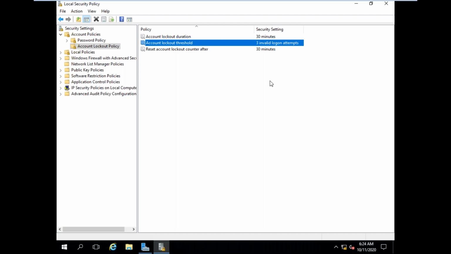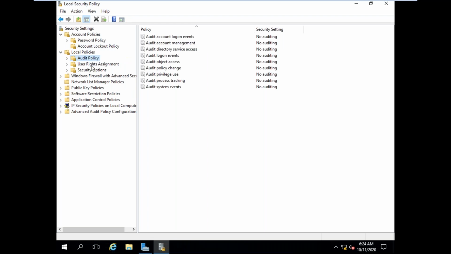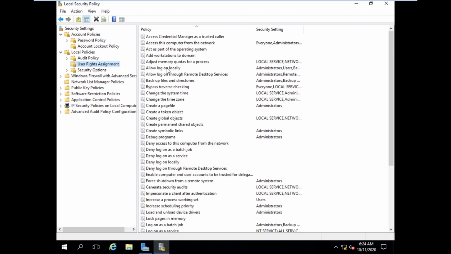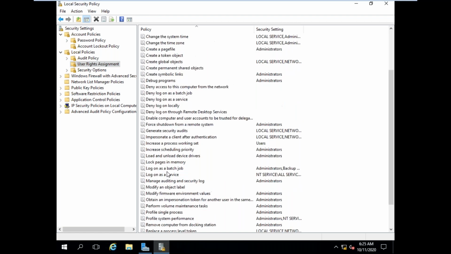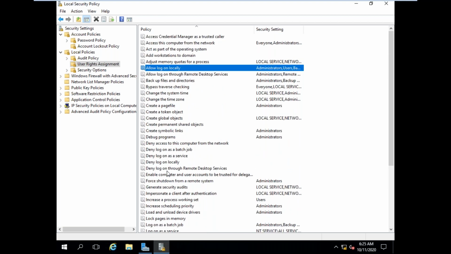See, with an ATM PIN, when we enter the wrong PIN 3 times, the message comes to contact customer care. Same like that, you can configure the account lockout duration here. If you give the wrong password 3 times, invalid login attempts, in 30 minutes of time, your account will be locked, contact administrator. Like this, here we can give the policies. You can apply audit policy, user rights assignment policy, allow log on locally: administrators can log in, normal users can log in. So whatever policies you want to apply, you can apply here.